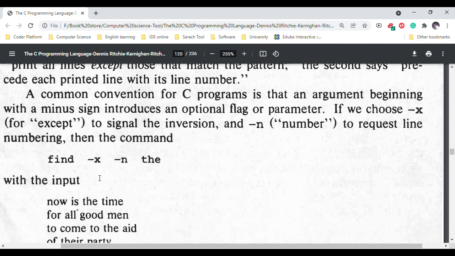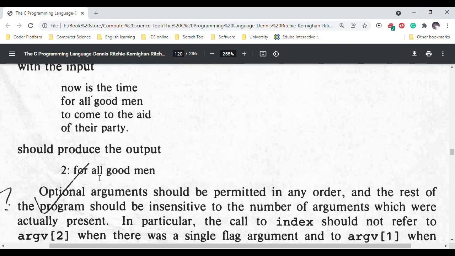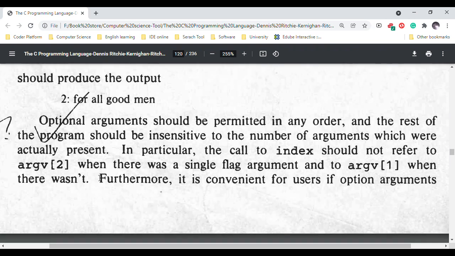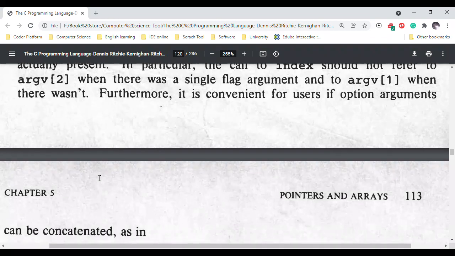then the command with the input should produce the output. Optional arguments should be permitted in any order, and the rest of the program should be insensitive to the number of arguments which were actually present. In particular, the call to index should not refer to argv[2] when there was a single flag argument in argv[1], when there wasn't. Furthermore, it is convenient for users if option arguments can be